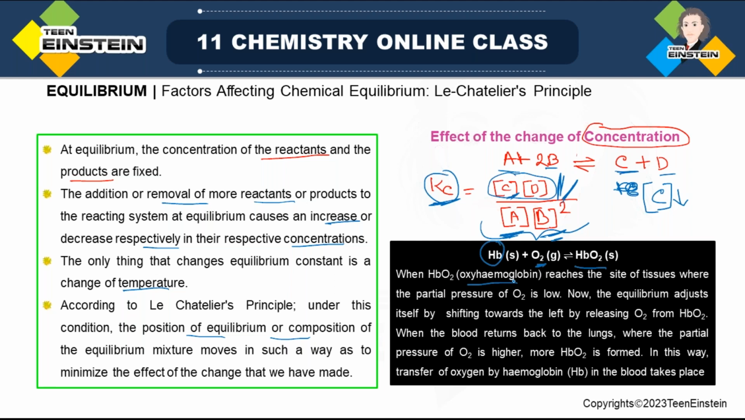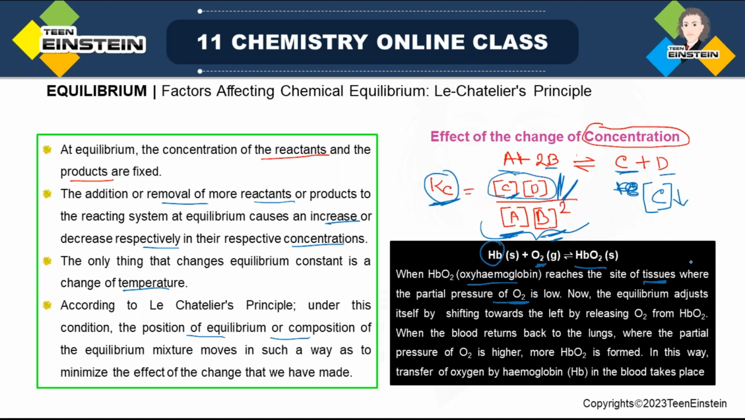So how blood transportation happens in our body and what the role of equilibrium is, we will be able to see now. So this is a real life example, right? HbO2, this complex called oxyhemoglobin, when it reaches the site of tissues, the partial pressure of O2 there is very low. Now as the pressure of O2 is low, to balance this condition,